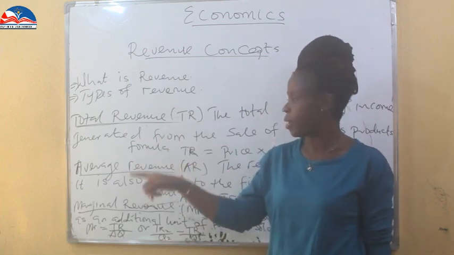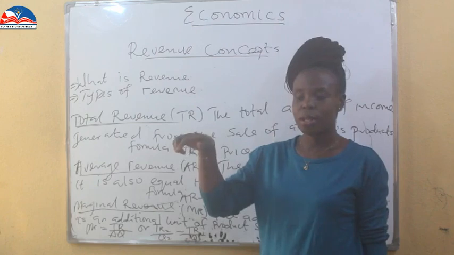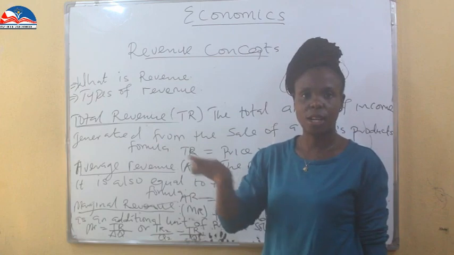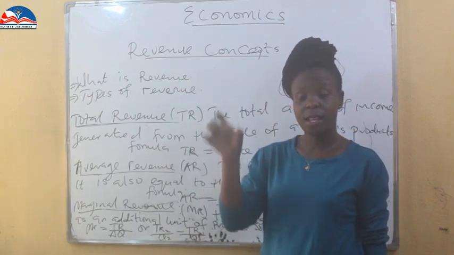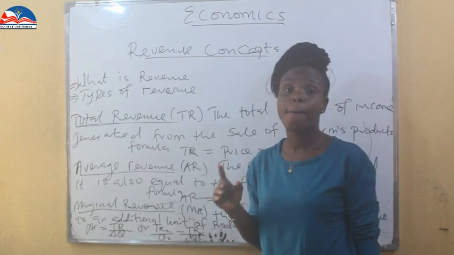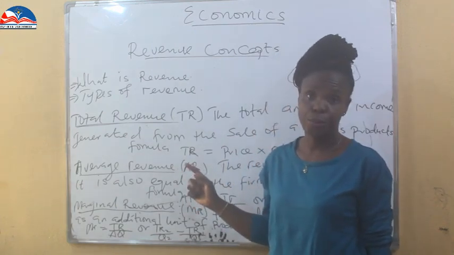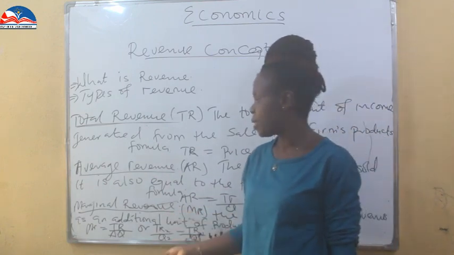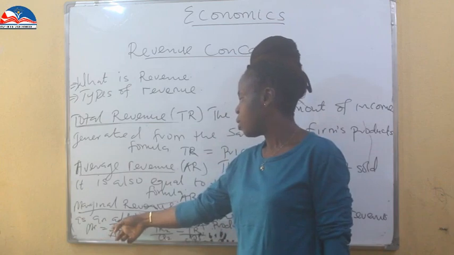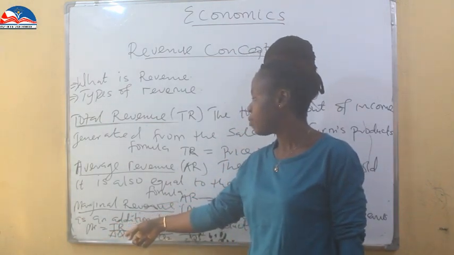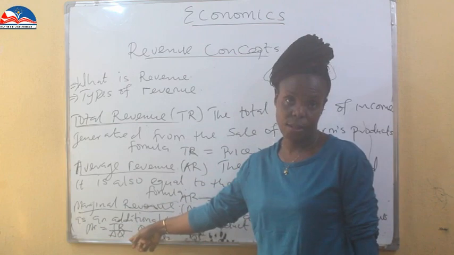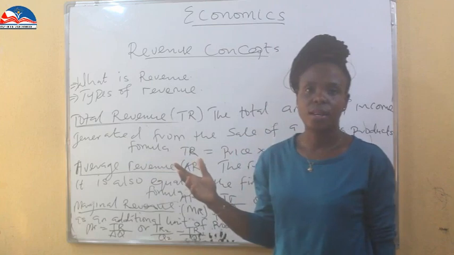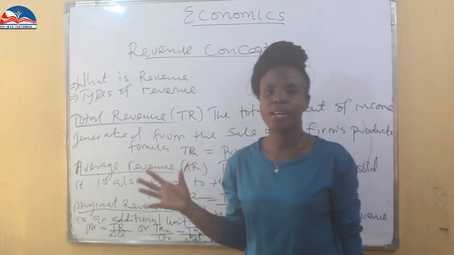The 5 naira is the marginal revenue, because it is not what the initial price was, but because the market was favorable, there was a margin of profitability in there. This margin of profitability is what we call marginal revenue. It can be mathematically represented by MR, marginal revenue, which equals total revenue divided by the quantity. We're going to apply these formulas when we are doing other areas in the economics class. Don't worry, we'll get to that area.